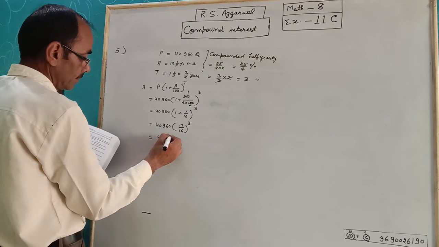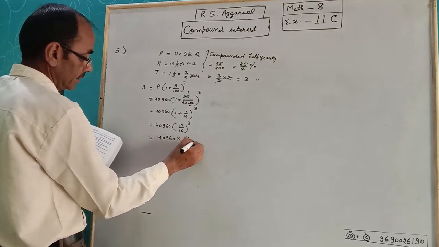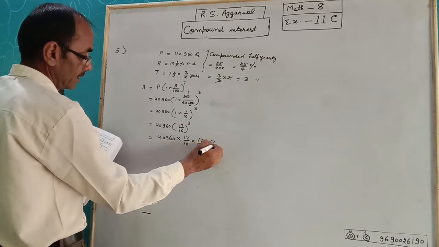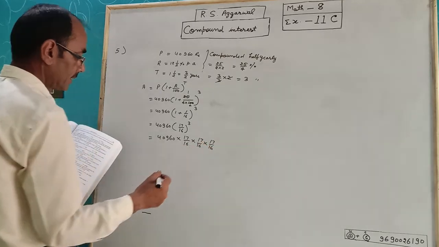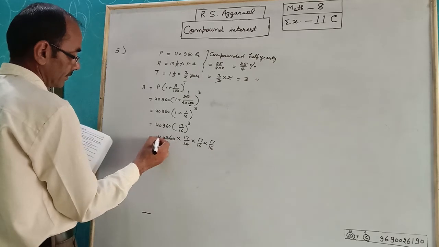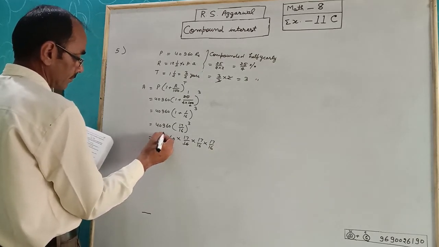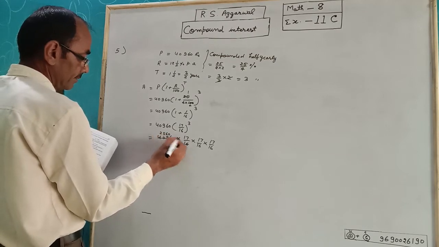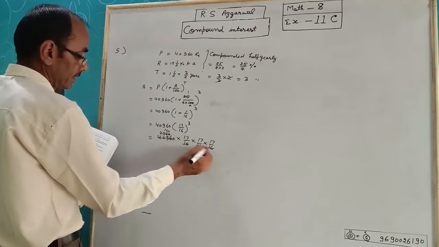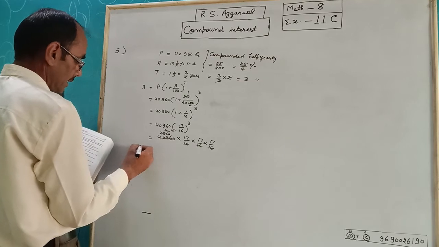Write the expanded form: 17/16 into 17/16 into 17/16, divide by 16. 16 2 ja, 5 ja and 6 ja. After multiplying, A will be